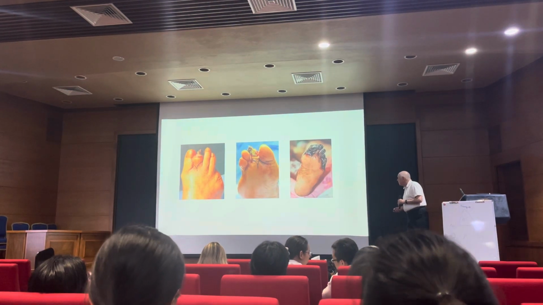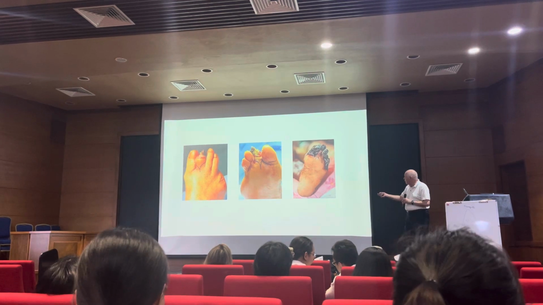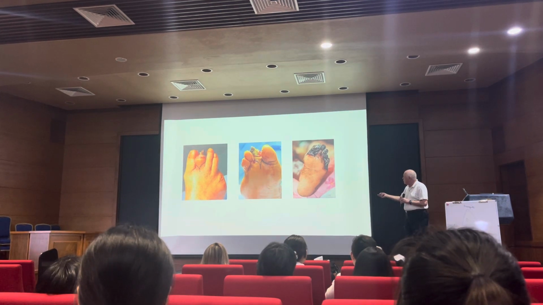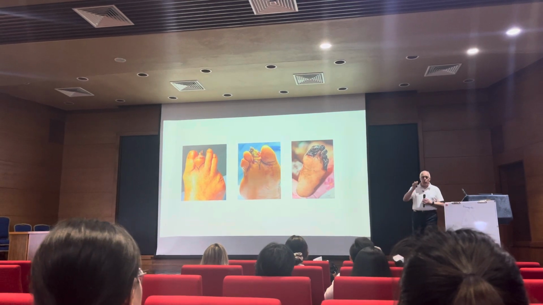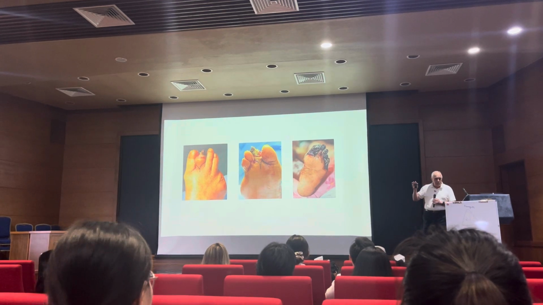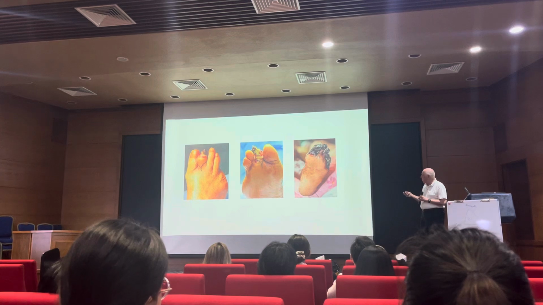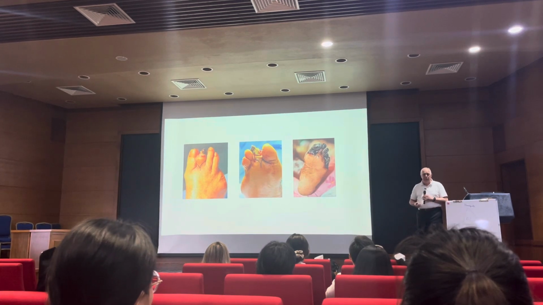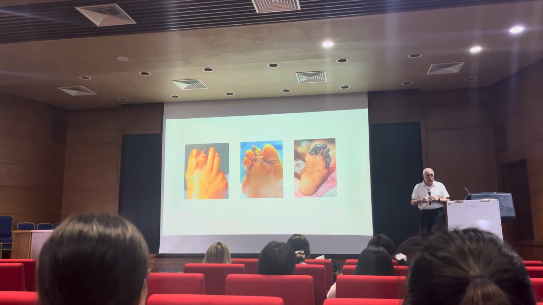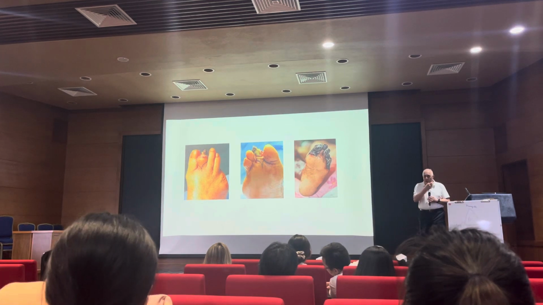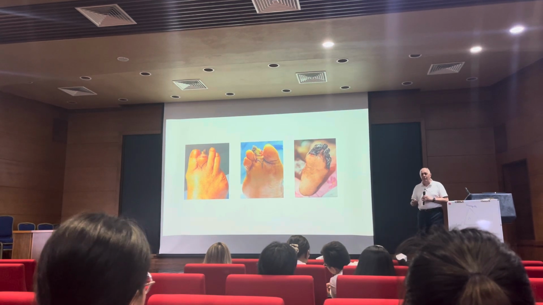So again, here are some other examples. Now you see a toe like this. This is dry gangrene. There is no surgical emergency there. So if the patient comes in with this, you have time to put them on antibiotics, evaluate their blood flow, let vascular surgery do whatever needs to be done,